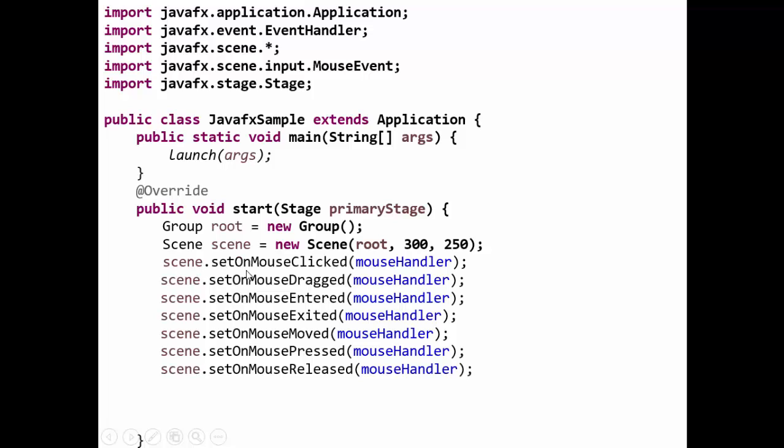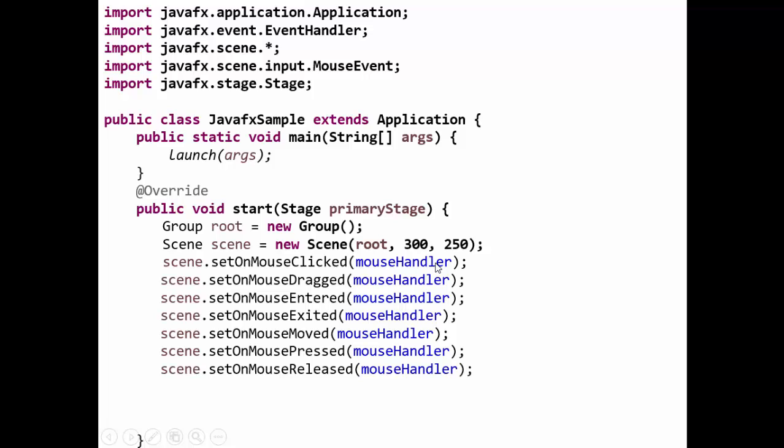So scene dot. Now say for example, if you want to handle these particular mouse events for a shape like an ellipse, then you would be creating an ellipse over here, and you would be writing ellipse.setOnMouseClicked, ellipse.setOnMouseDragged, and so on. But one more thing over here is the argument to this method. And what argument do you need to provide? A mouse handler. Now this mouse handler is an object.